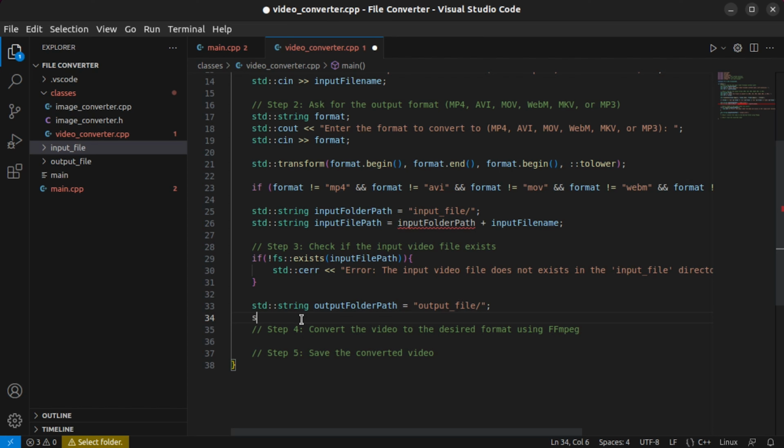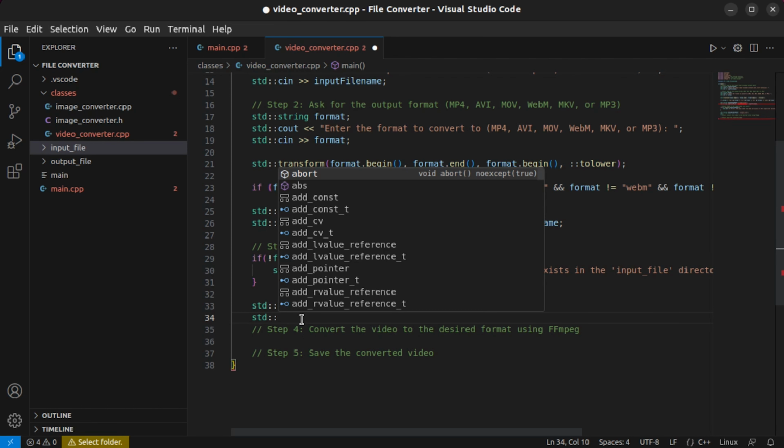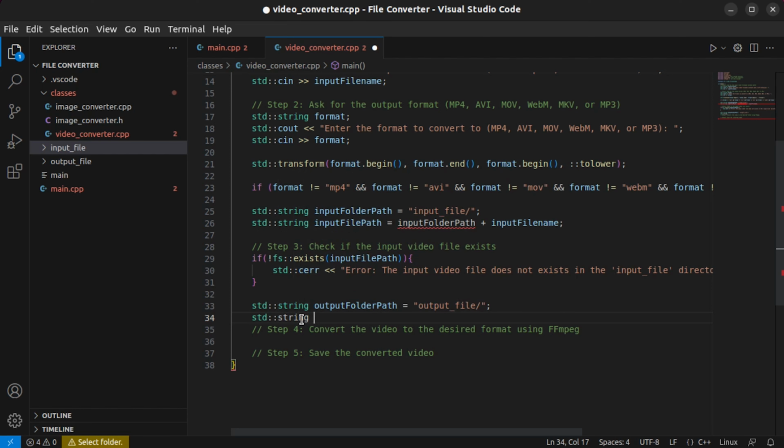Now std::string, and let's output file path. We're just going to declare it. Now, according to what format they have chosen, the output file path is going to change. So if the format